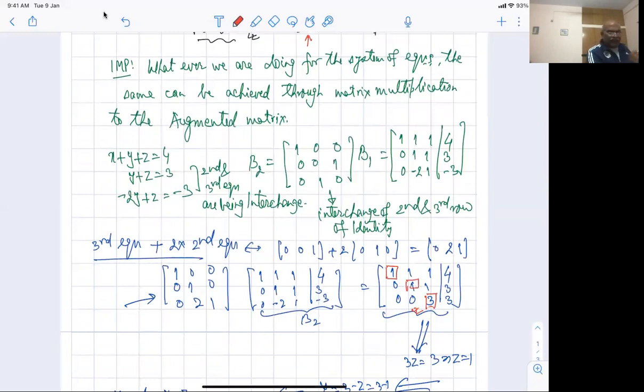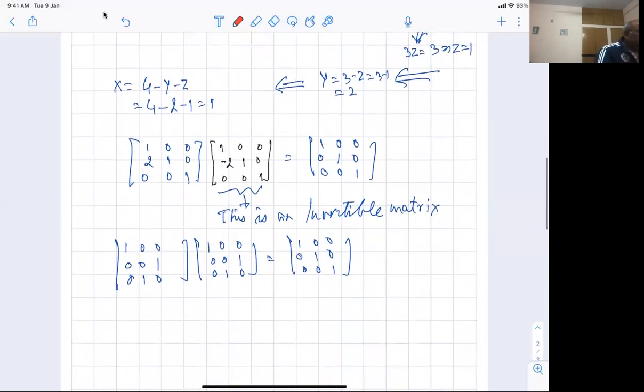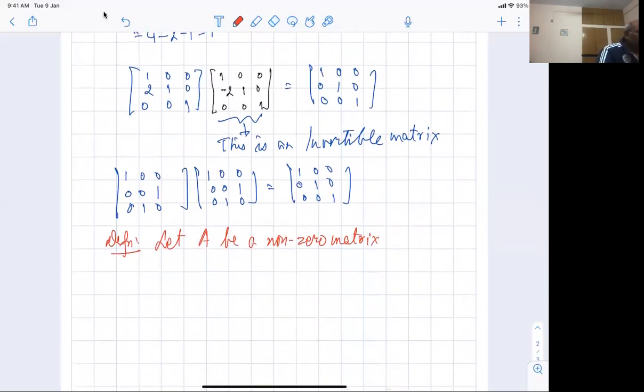And I would like to give the definition of what exactly I am getting. So this matrix that I have here at the last stage is called the row echelon form. So let me just write it out. So what I'm trying to say, fine. So just let it be like this. So, definition. Let A be a non-zero matrix. If it is a zero matrix, I don't have to do anything. It is just 0 itself.